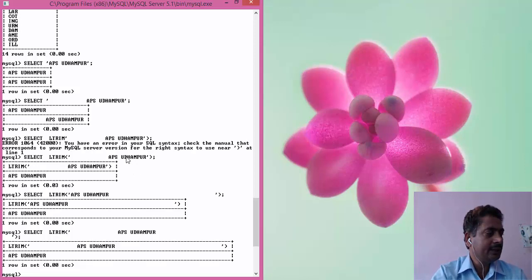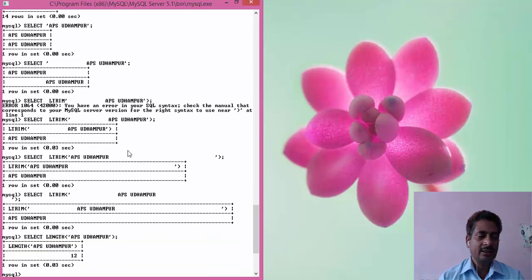The next function is length, for finding the length of a string. Select, and you can give any string. It will also count the spaces in the length. 12, and it has also counted the space.